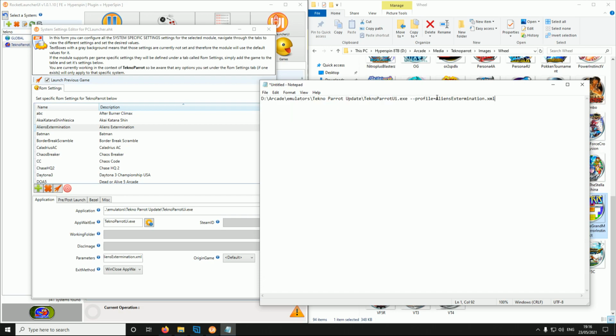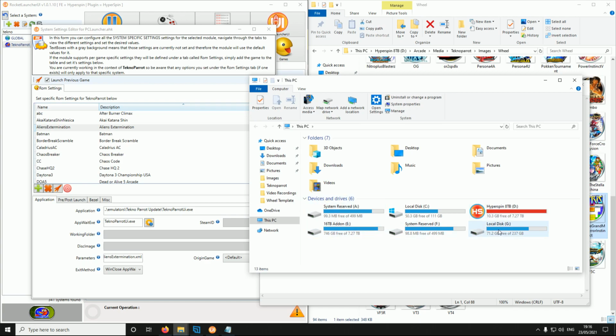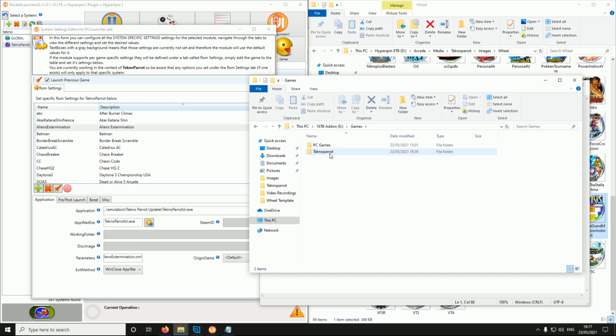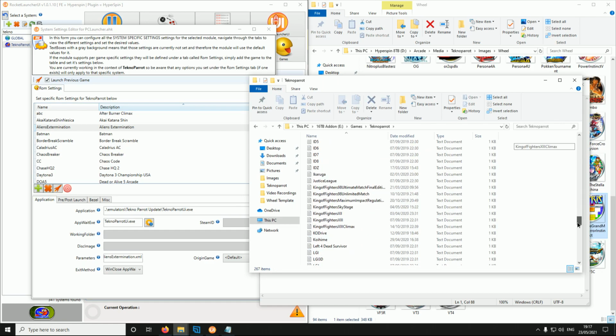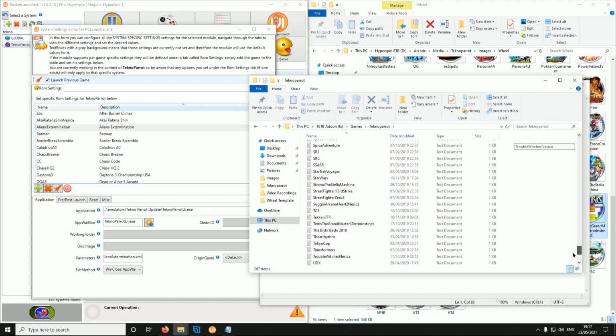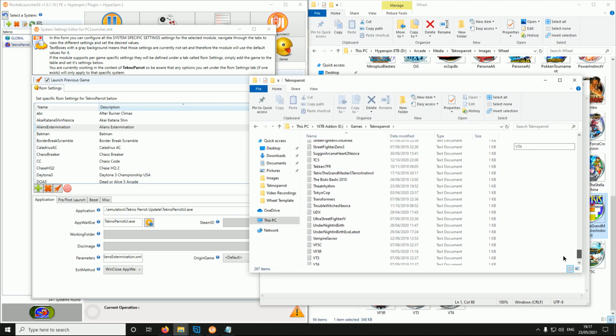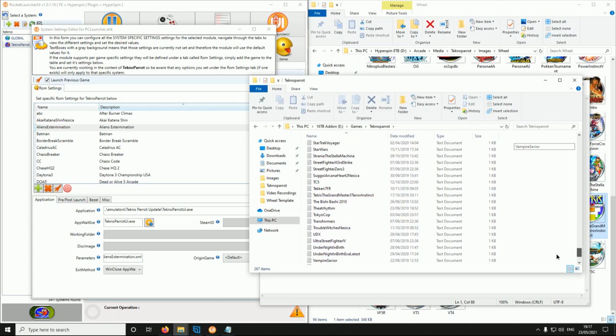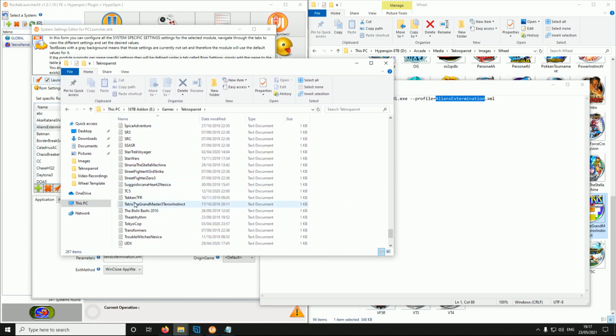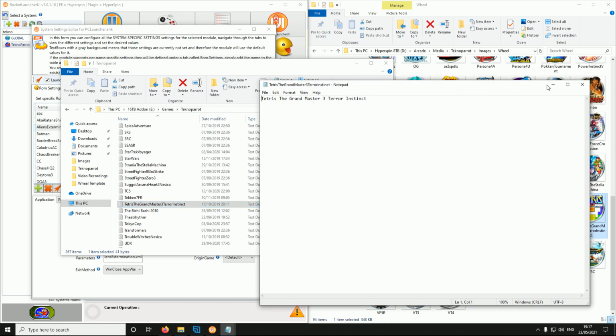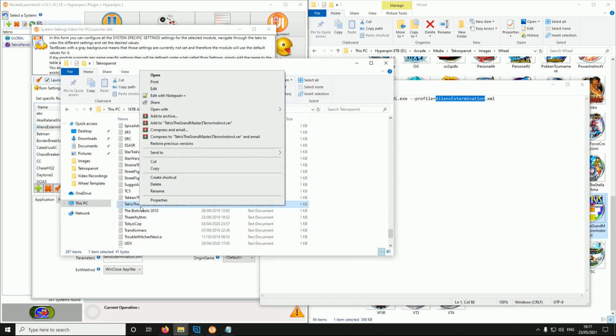So in there we want to remove the profile from the XML, and then we want to go ahead and just check our E drive, games, TeknoParrot, and then scroll right down the bottom, and we'll have all our different shortcuts text files here. So if we don't have the Tetris in there, what you would do is you would create a clone copy, which will have Tetris already in there. So we will create a clone copy